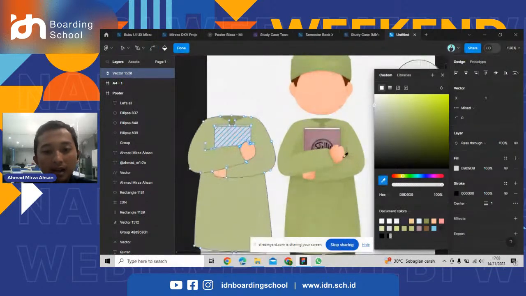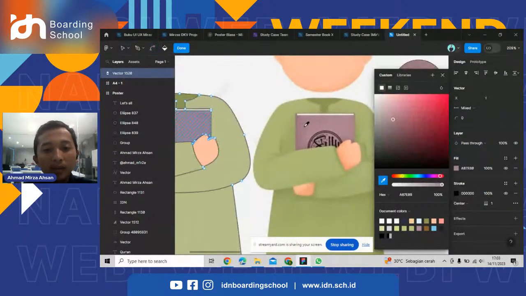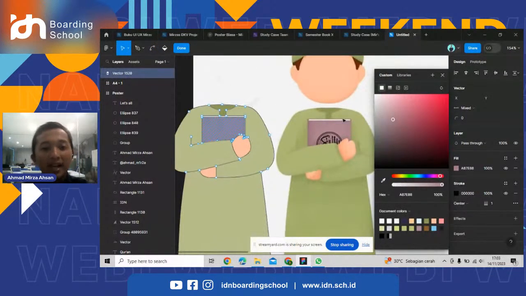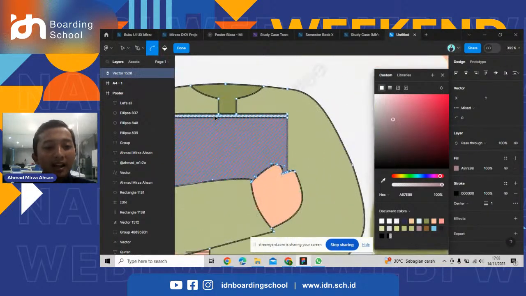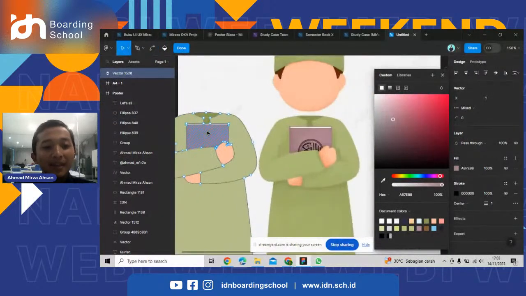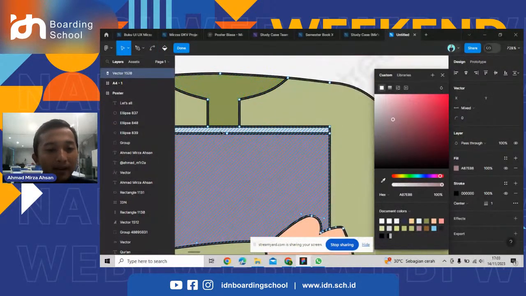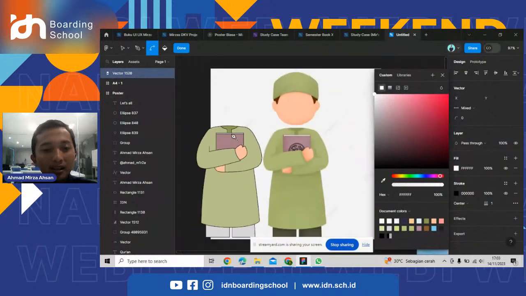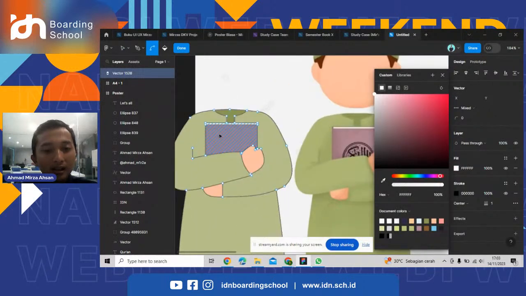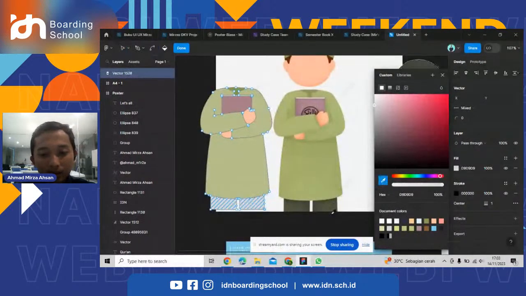The Holy Quran will be purple. I'm sorry if I don't make the logo because it's kind of hard for me. I'll try only just a regular brick maybe. And here white. Okay, and then let's make the pants dark green,